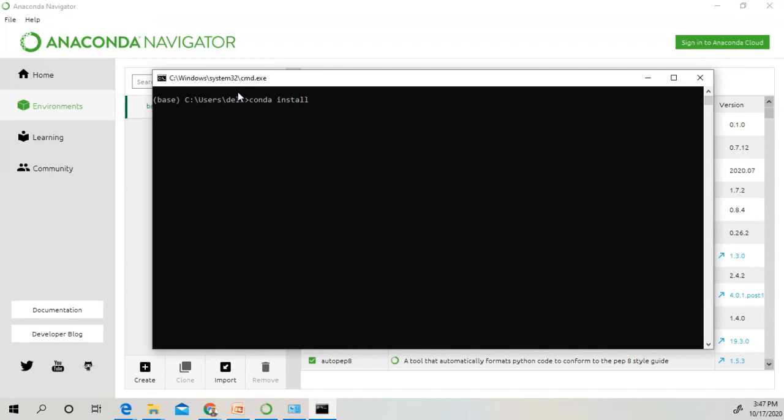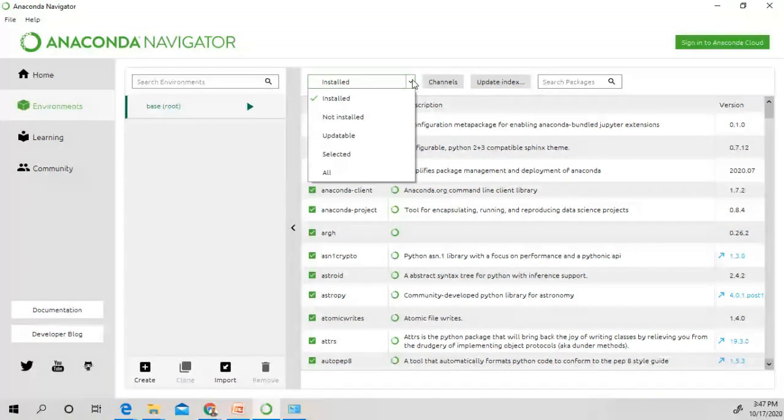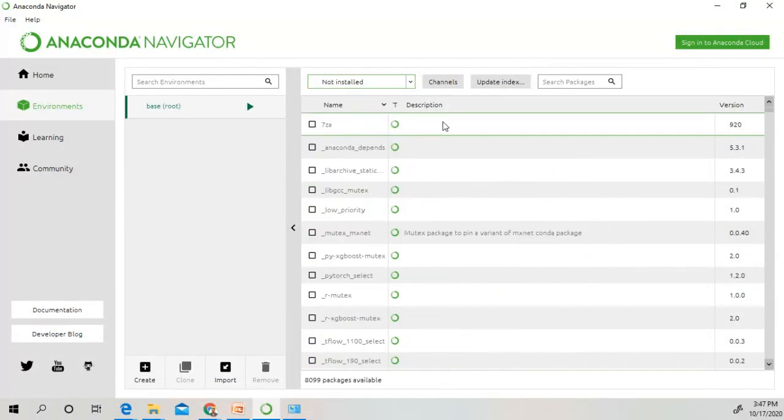If you don't want to use the command prompt, you can close it and you will find here all the installed packages. If you don't want to type any command, go directly to this menu and find the not installed libraries.